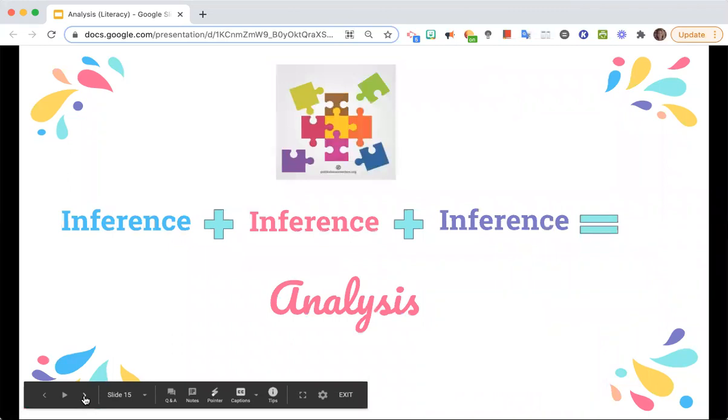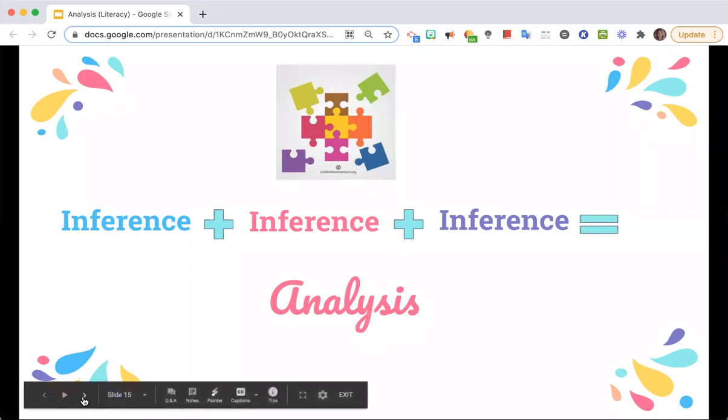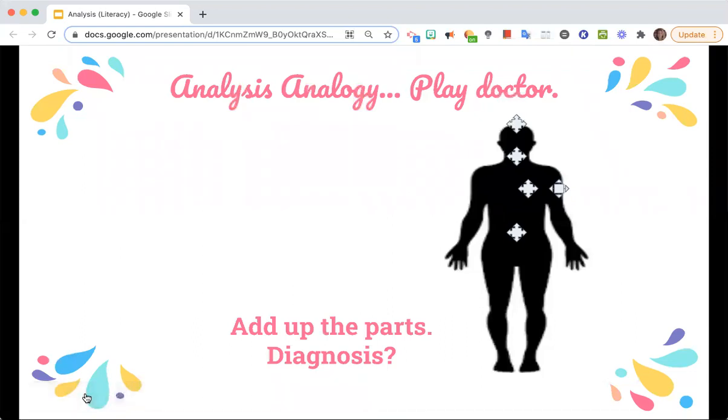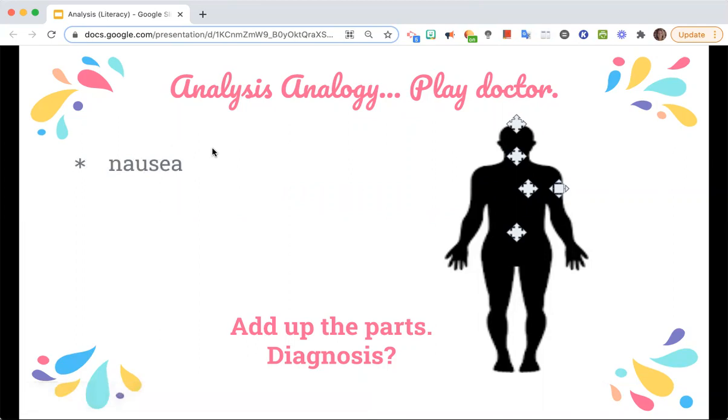So in order to draw an analysis, to draw a conclusion, what needs to happen next is we add up all of those inferences, we add up all of those parts to draw a conclusion. Each of those parts will add to the whole and will enable students to make an analysis about this particular piece of text. I have a real life example here for you. Think about when we go to the doctor. When we go to the doctor, if we just shared one symptom like nausea, it would lead that doctor to believe